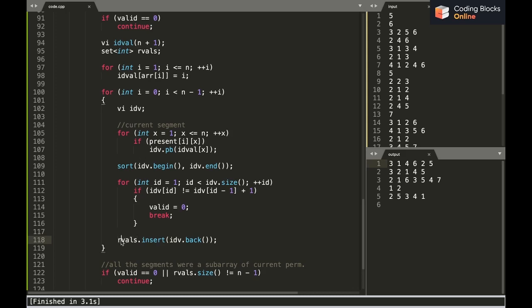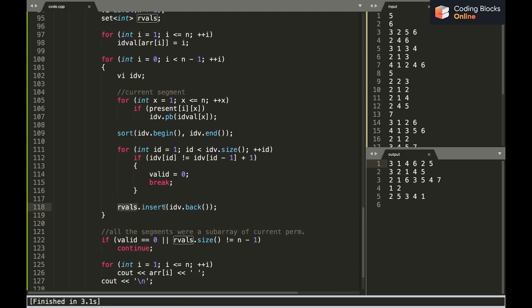I am doing that because I need to make sure that each R value from 2 to n is covered, because the input should correspond to the permutation in such a way that each value from R equals 2 to n is the R value for exactly one segment in the input.